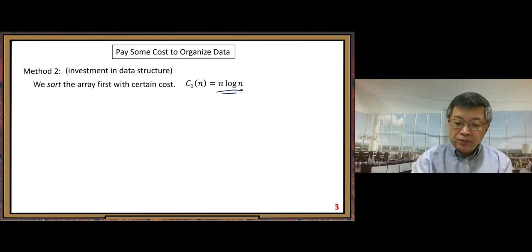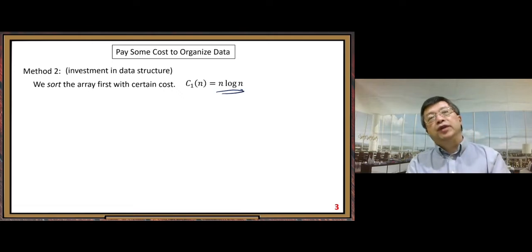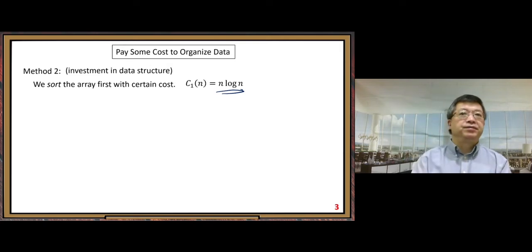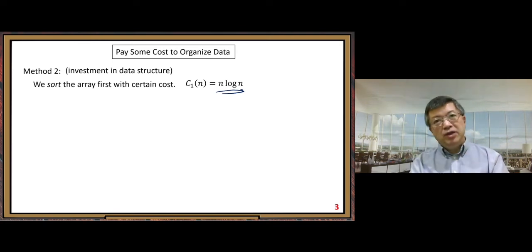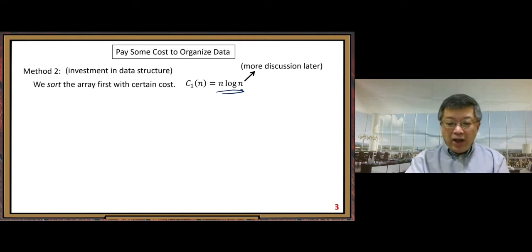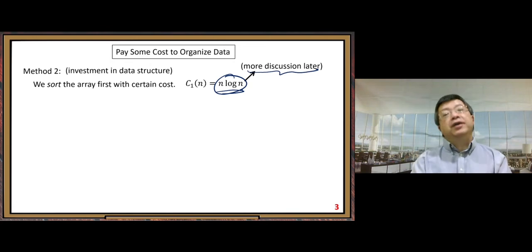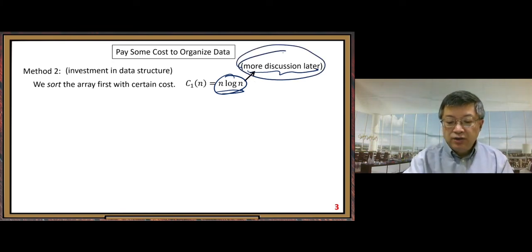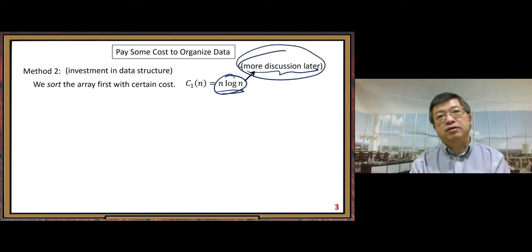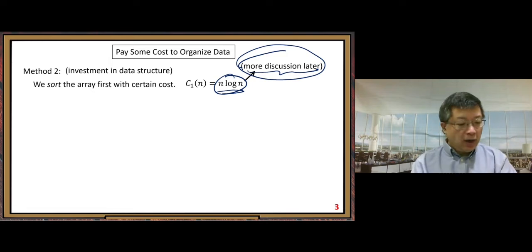Then we will get n log n running time efficiency. So that's the initial cost we need to pay, the first cost of organizing data. But why is this the case? We will have a lot more discussion later. So don't worry, we will spend a lot of time in this class to find the answer. All right. Next,